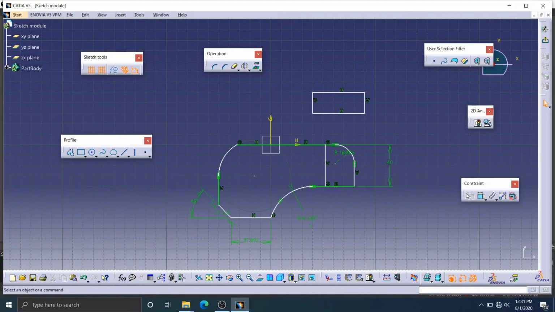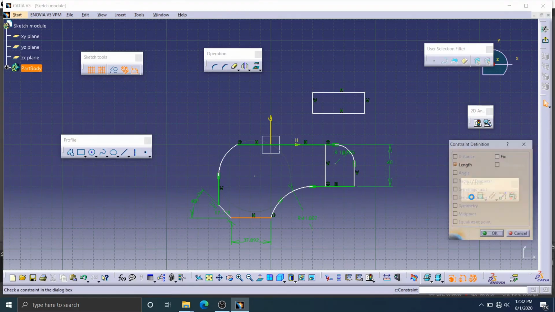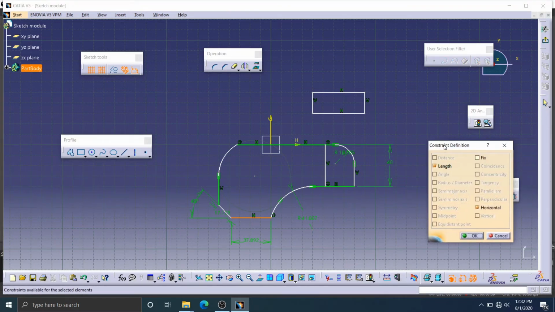And one more constraint is there, that is known as geometrical constraint. Usually the geometrical constraint will be disabled. If you want to enable it, you need to select any 2D element available in the window. For example, I am selecting this line. Once I select, you can notice it enables the constraint tool. Once you click the constraint tool, you can see it pops up a dialog box.